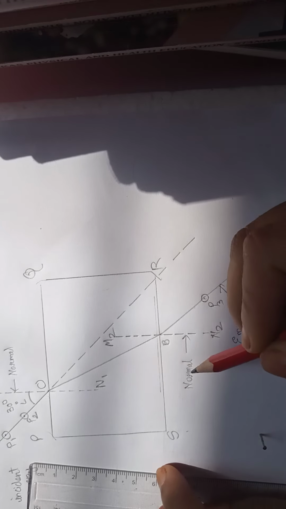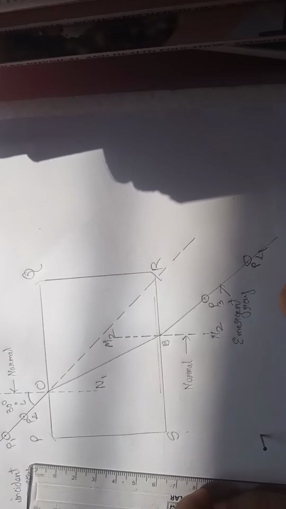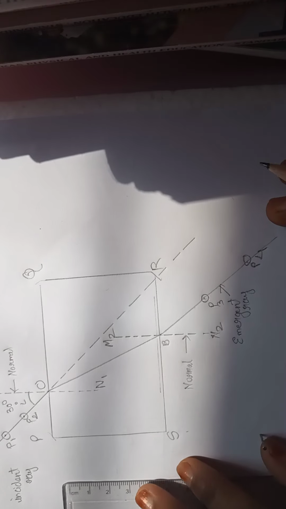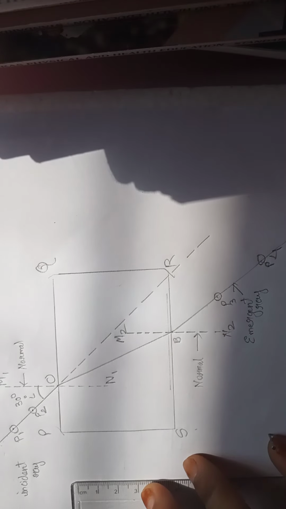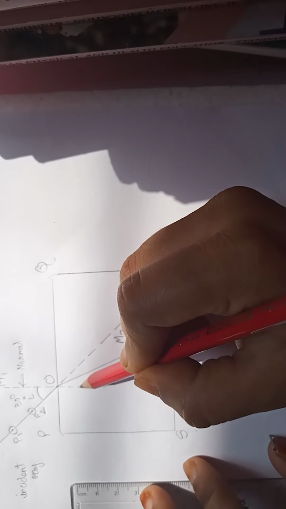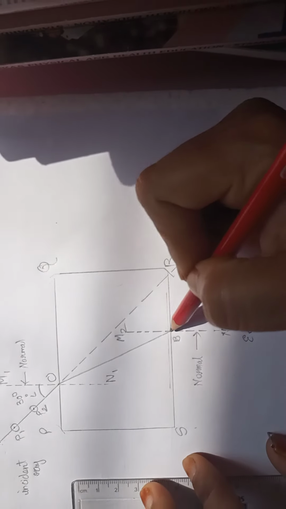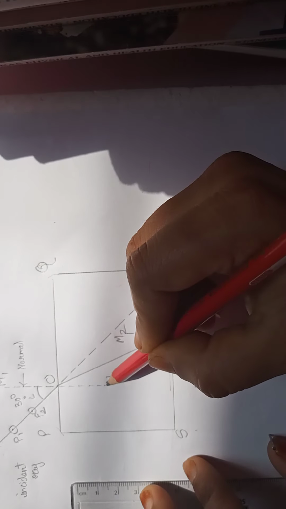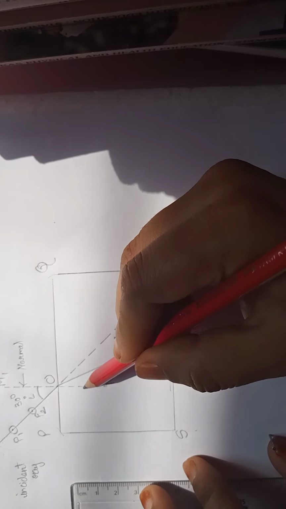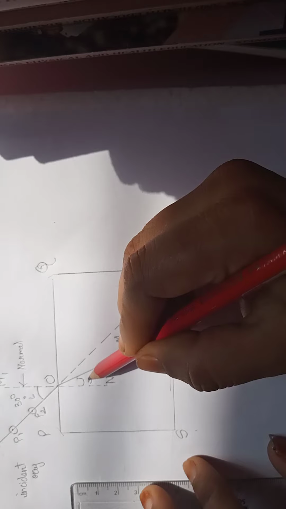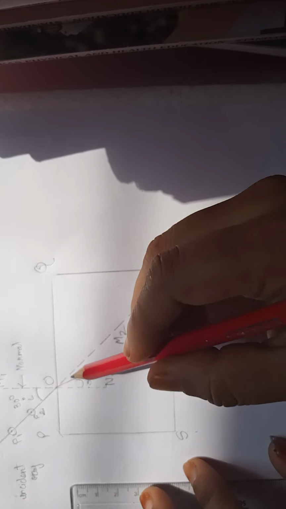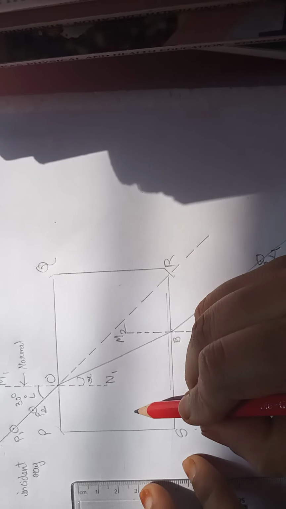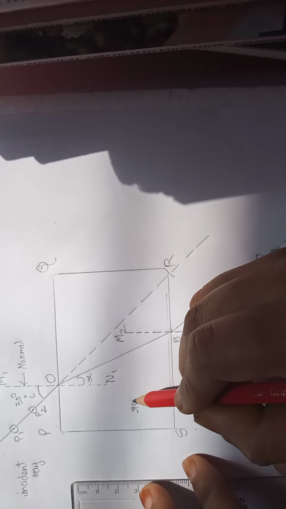Students, while performing an experiment, labeling plays a very important role. It also shows that you have much knowledge about that experiment, and the viewer also has a very beautiful view for that. Now see, the angle formed by line OB with the normal, it is the refracted angle. This is the refracted angle, and this OB is nothing but the refracted ray.